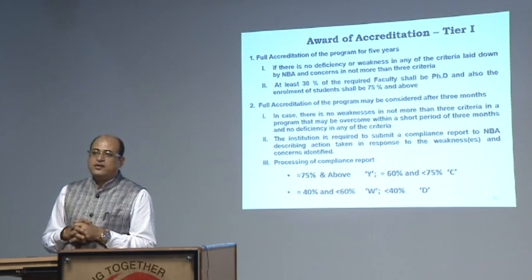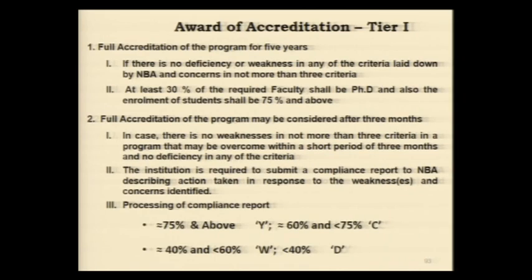So there is a lookup table. If a criterion gets 75% and above marks, then the criterion gets a Y grade. Y stands for compliance and C stands for concern. For example, you see that the budget allocation for the 3 assessment years is good, but if the budget allocation in terms of amount is going down every year, although it is adequate and good, there may be a concern that at some point of time it will become deficient, it will become inadequate.